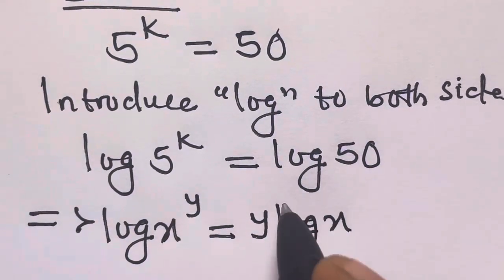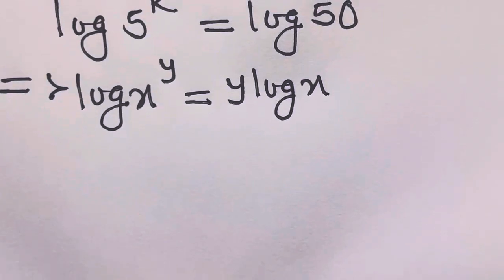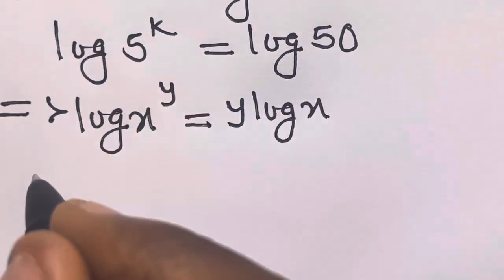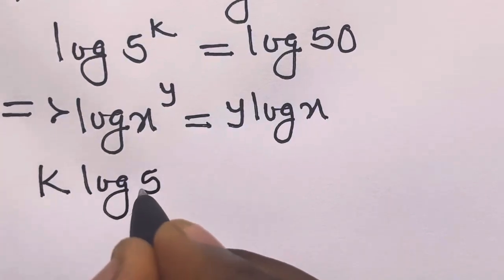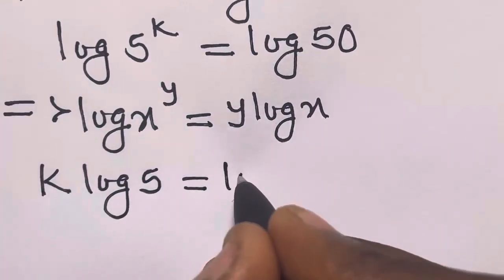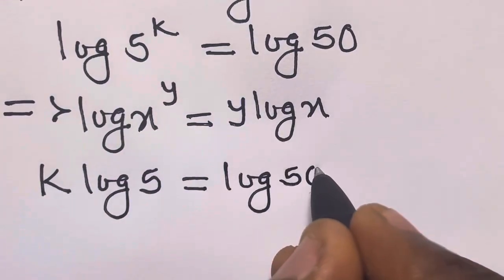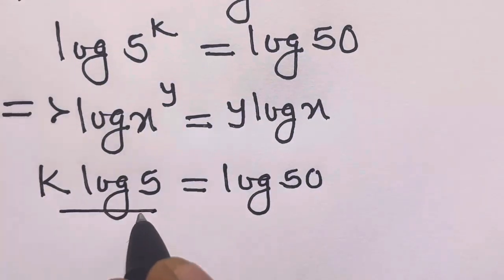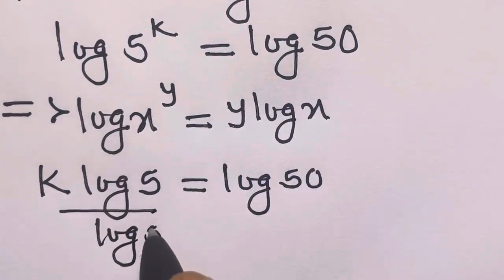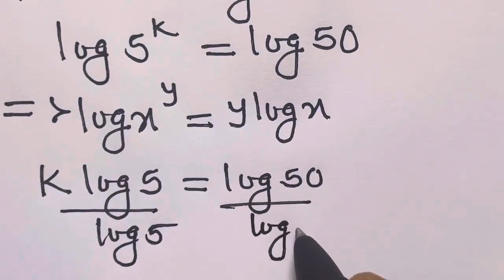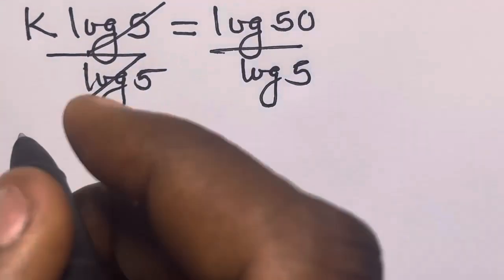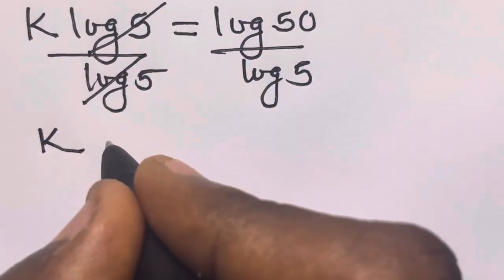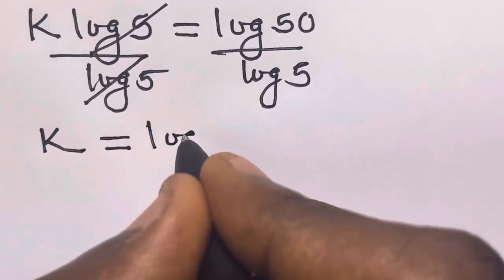So applying this, k will come forward, we have k log 5 equals log 50. So we can divide both sides by log 5. Log 5 cancels log 5. We have k equals log 50